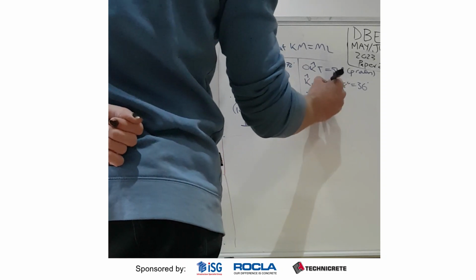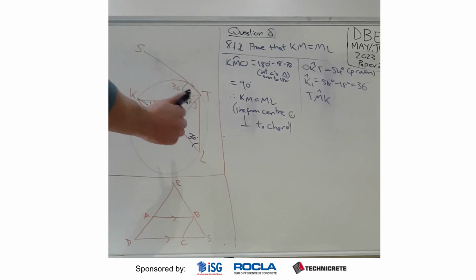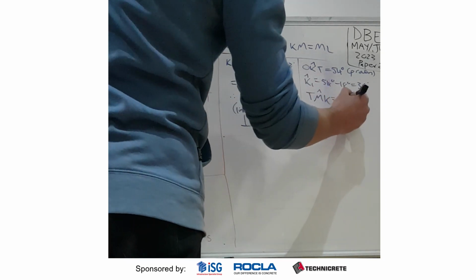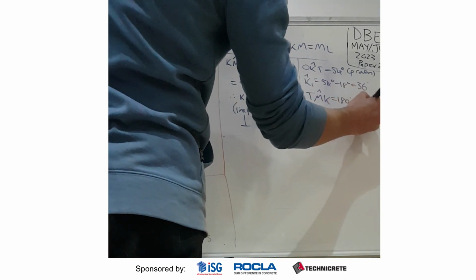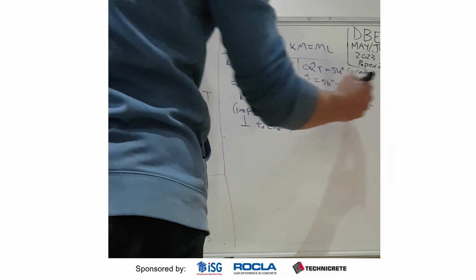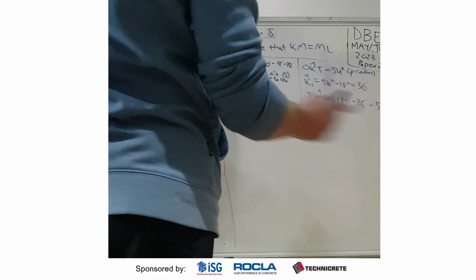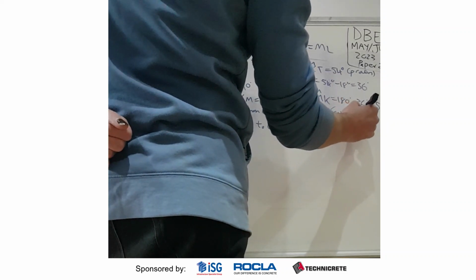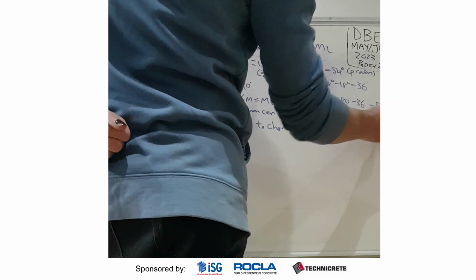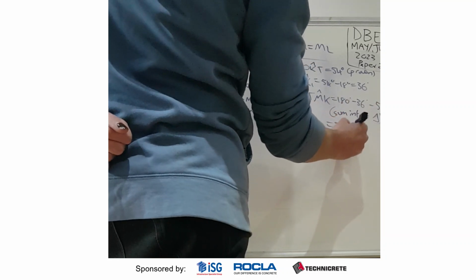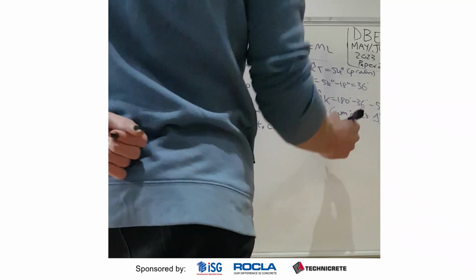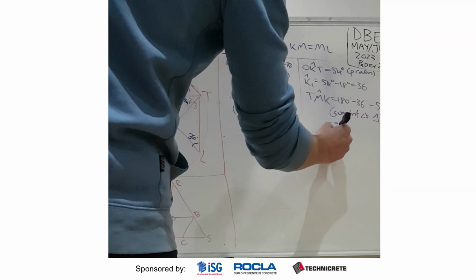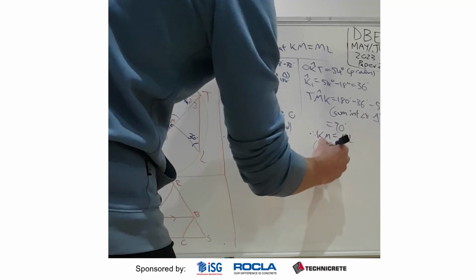Therefore, angle TMK, that one there, should be equal to 180 degrees minus 36 degrees minus 54 degrees. You can see how this is going to be the same thing, right? So that's the sum of interior angles of a triangle, 90 degrees. Therefore, we can say that KM is equal to ML,